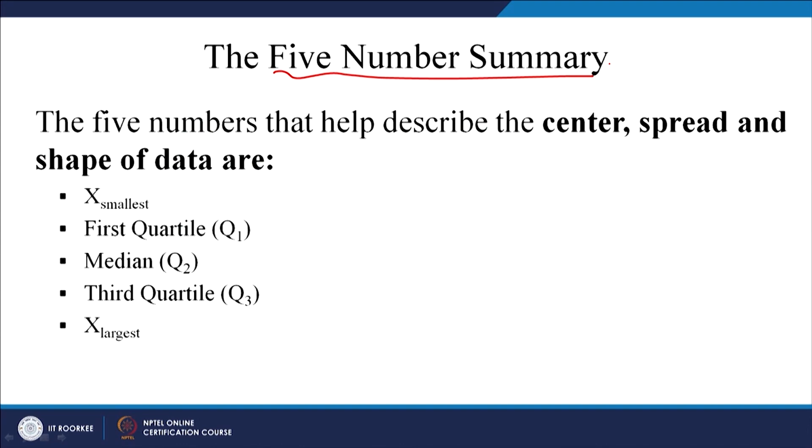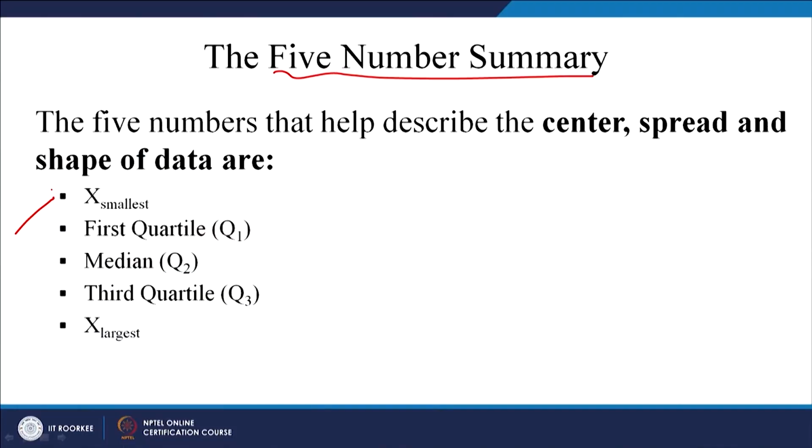Let us move on to 5 number summary. What we are discussing are exploratory data analysis tools. We have seen quartile. The second one is 5 number summary. Now, this is a very simple one. 5 number summary means there are 5 numbers telling us about the shape of the distribution. The first number is the smallest, the last one is the largest number in a data set, Q1, Q2 and Q3. So, these are 5 numbers. That is why it is called 5 number summary.